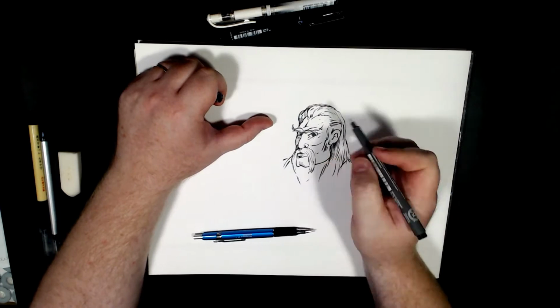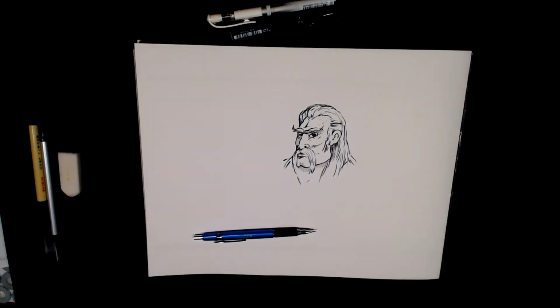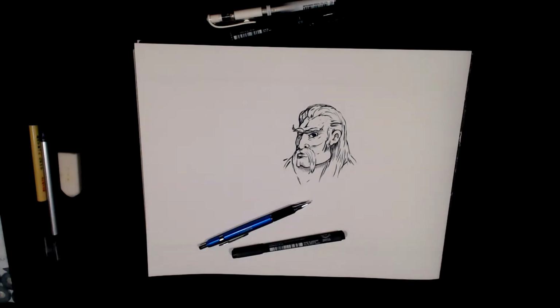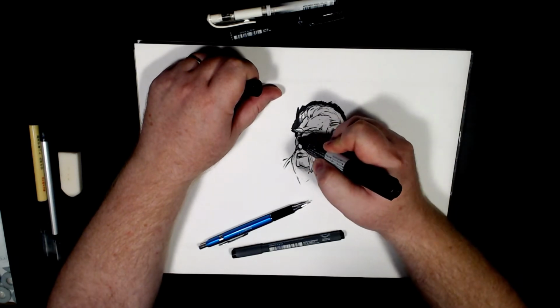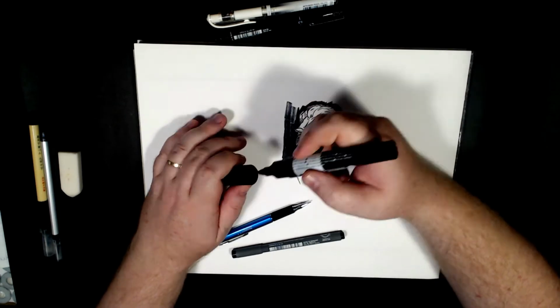I'm using the brush pen to do the main outlines, and then I'm using a 0.1 mil nib in order to do the crosshatch and line shadows. And of course I will begin to use the brush marker for doing just a black background. So it's a blank black